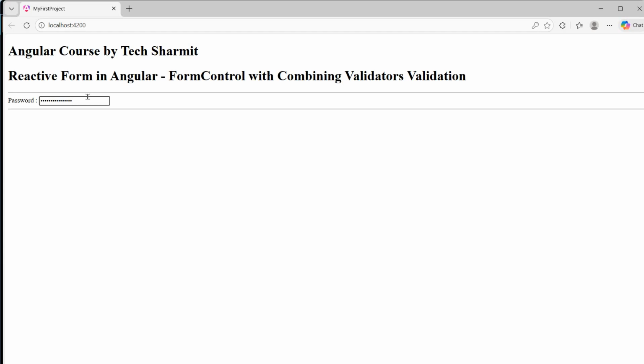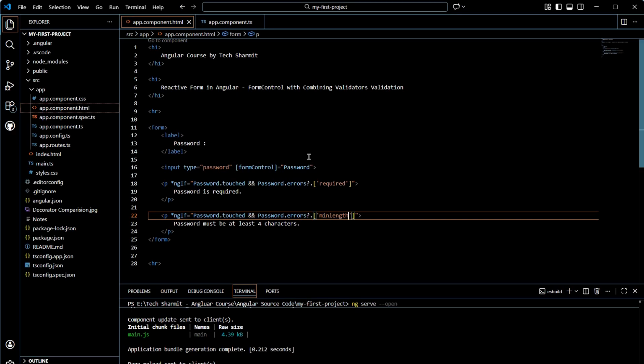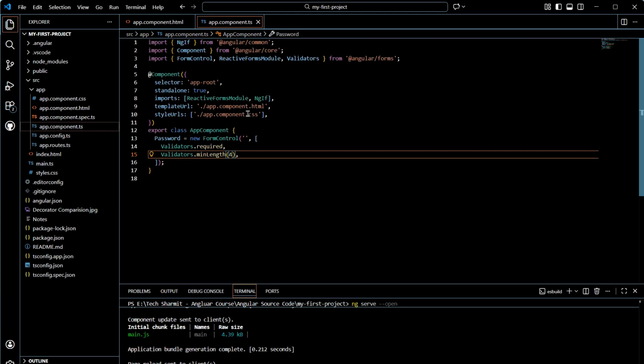It should not be empty, and it should be at least a minimum of 4 characters. Clear? So this is exactly what we planned earlier for this form, and I hope now you all know how to use a password field for these 2 validations with form control validation. Okay, so basically we are using the form control here